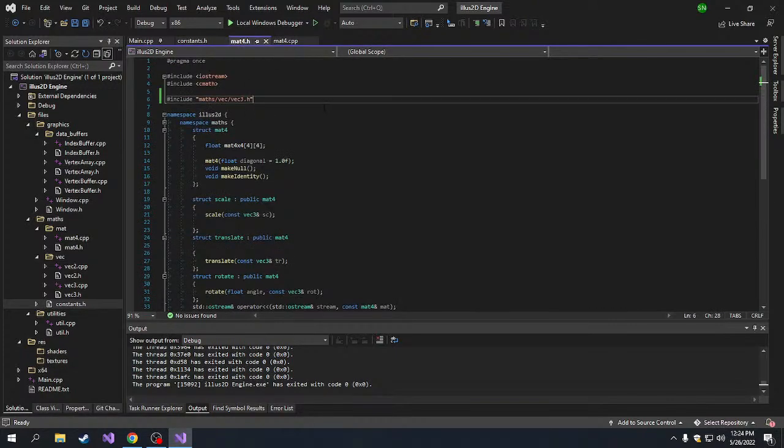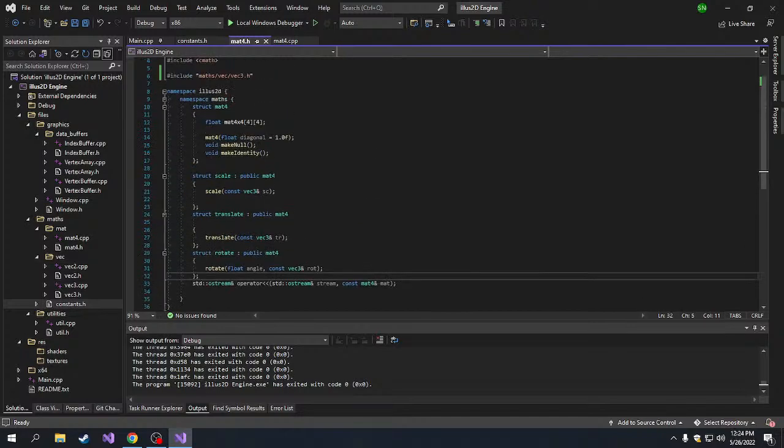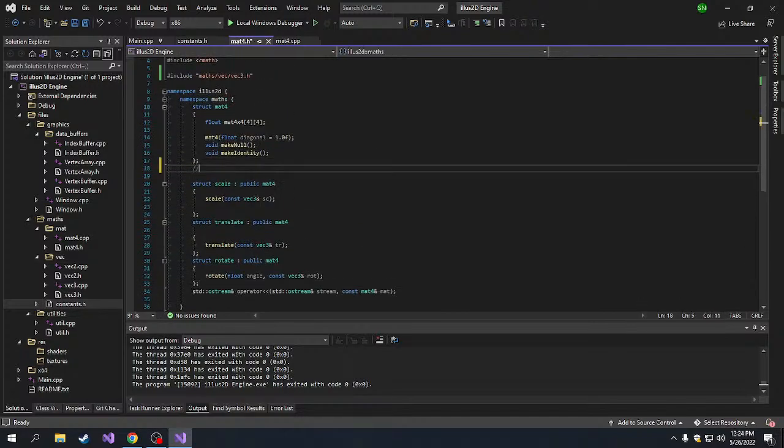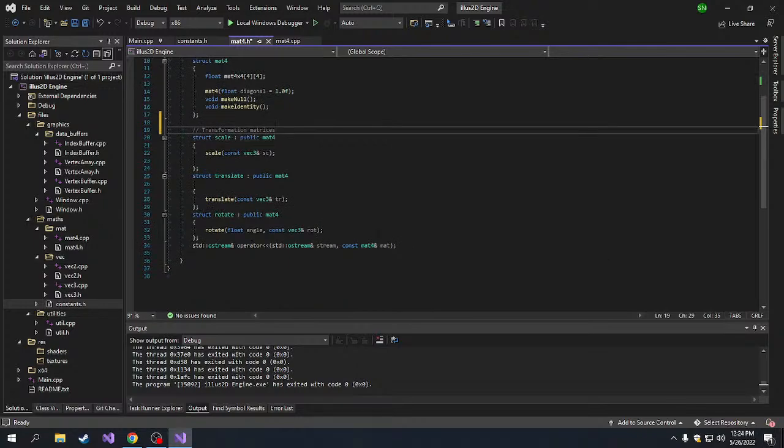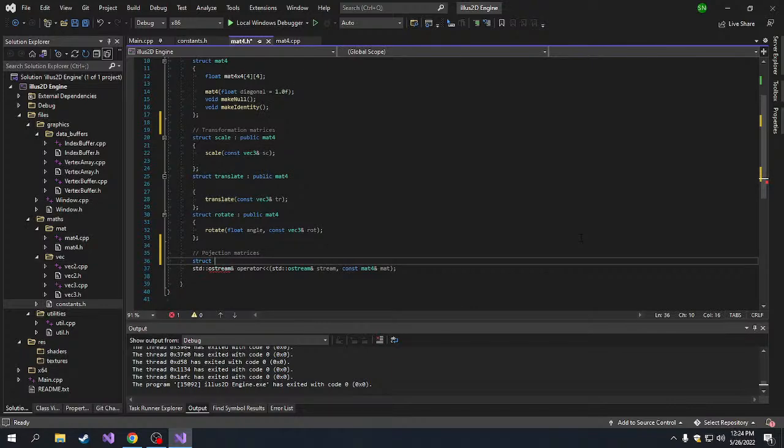Now let's get into projection. Here I'll call it transformation matrices. So transformation means scale, rotation, and translation. So let's get into the projection matrices. Since we're making a 2D game, we'll probably be using an orthographic projection, which